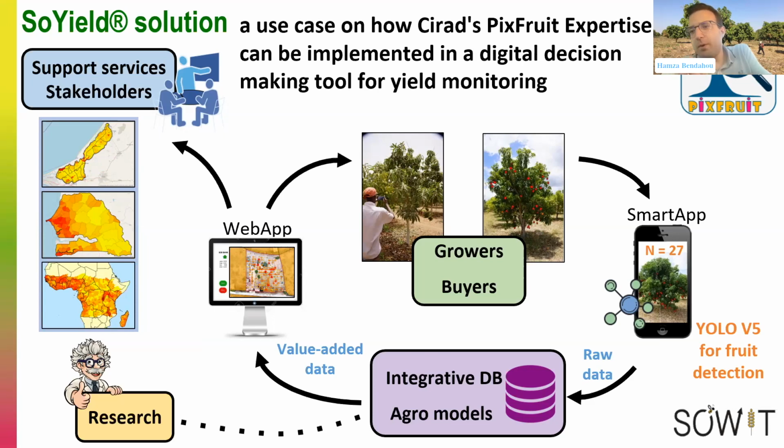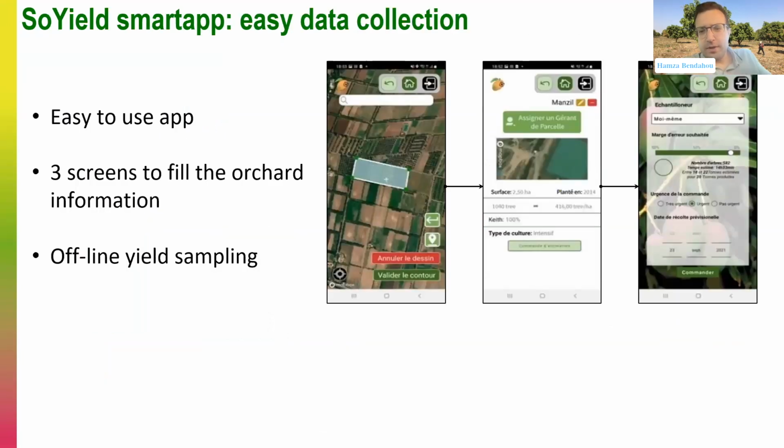So it starts from a mobile tool and it goes to web application, and each of these is used by different kinds of users. And you may have understood it by now, developing a mobile tool, a tool that is very easy to use, was very important to us. So that's why the SoYield tool is limited to 3 screens, where you go from drawing your orchard to giving us some very light inputs about what type of crop, what variety you have on the field,